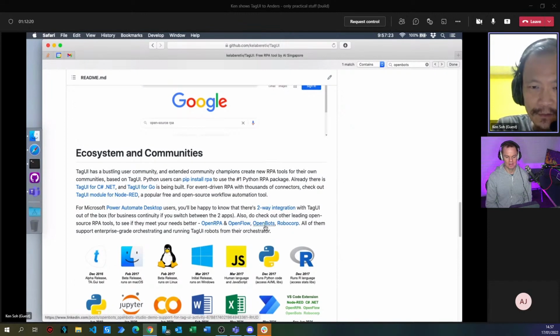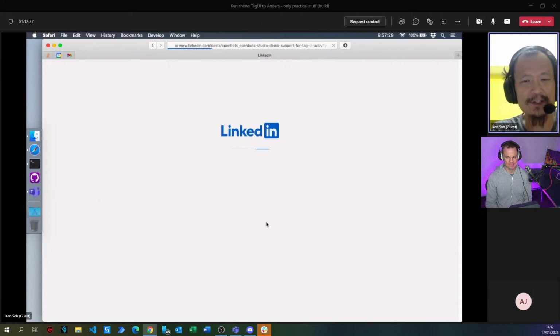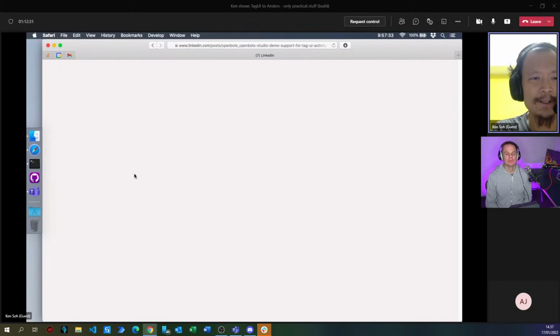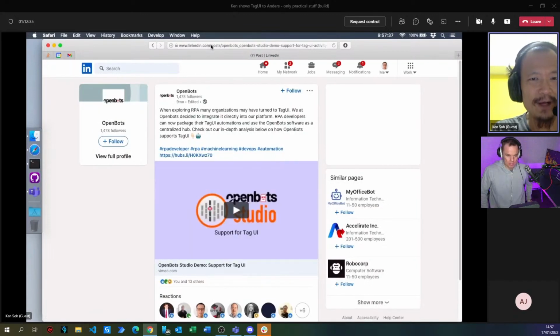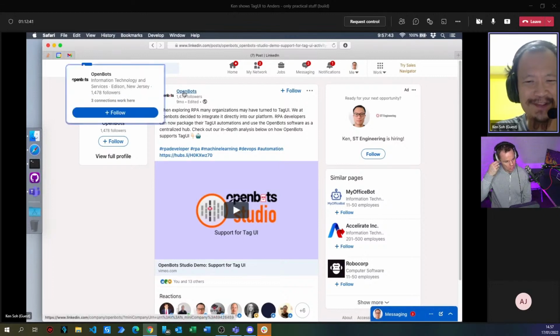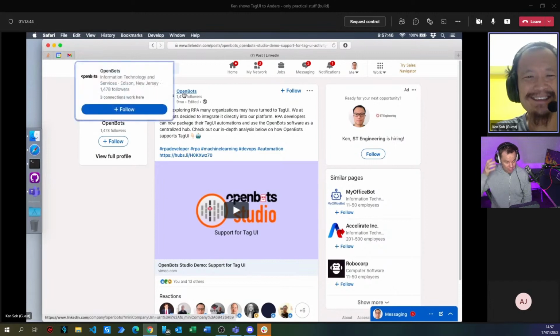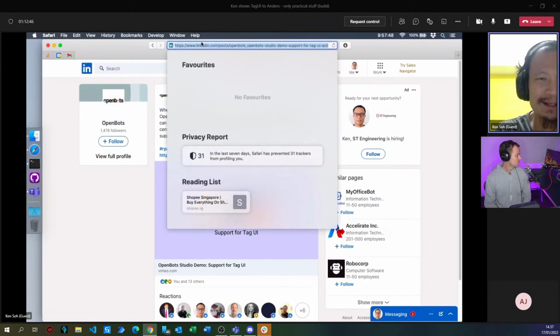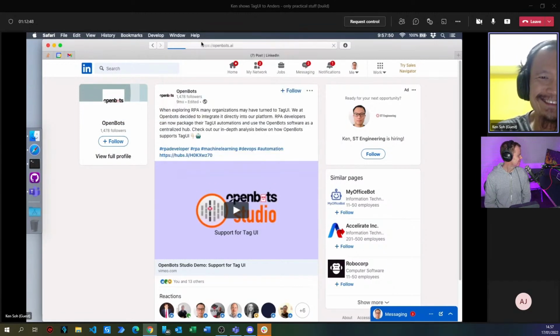Cool. Okay. So from here, OpenBots, from the TagUI homepage, you see OpenBots actually. They already have integration with TagUI to run TagUI robots and orchestrate TagUI robots. And I would say if you want a well-developed and wholesome, complete RPA tool, I think OpenBots is the one you should check out. Let me show you. I can also prove this. So if you go to the OpenBots website,